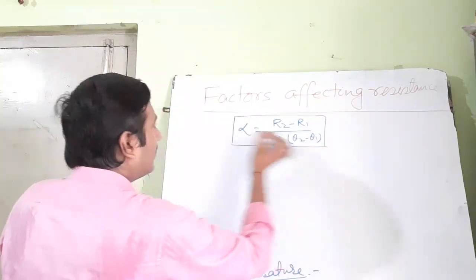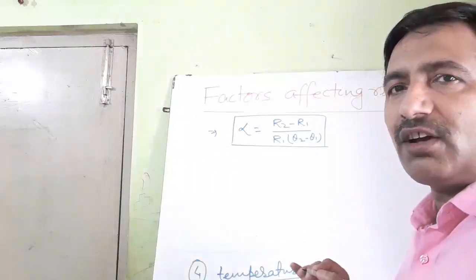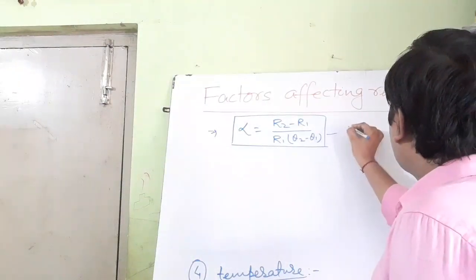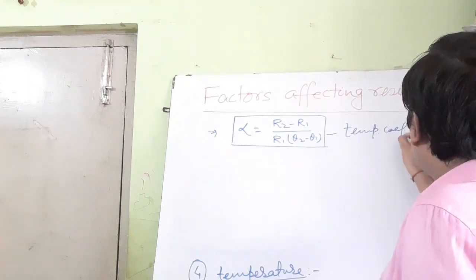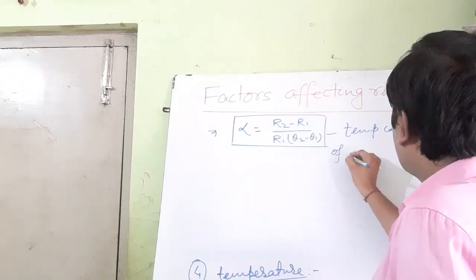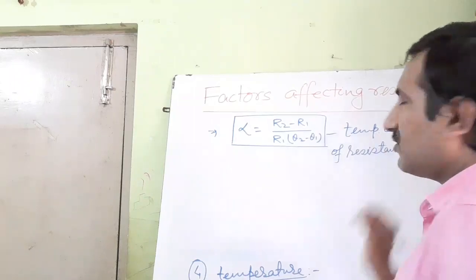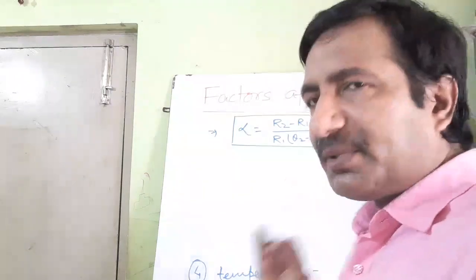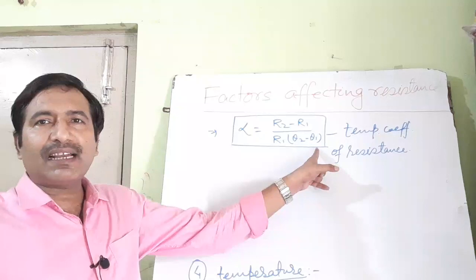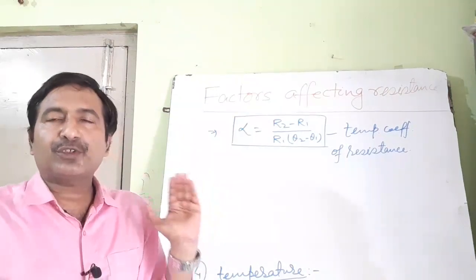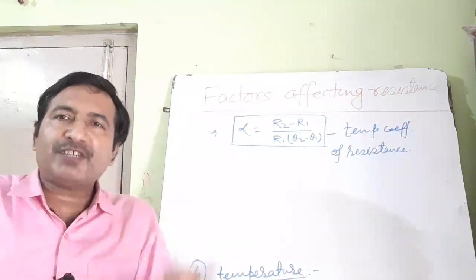This is a constant for the given material of the conductor, and it is called the temperature coefficient of resistance. Got it? So from here you can understand that if theta 2 is greater than theta 1, alpha is positive, so the resistance increases with increase in temperature. But if you are talking about a semiconductor,